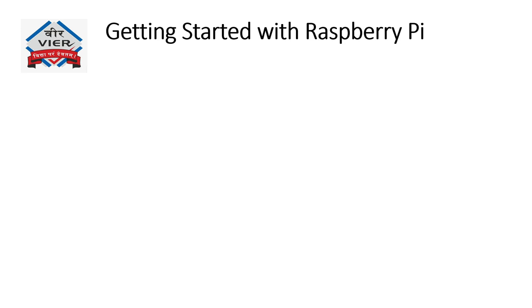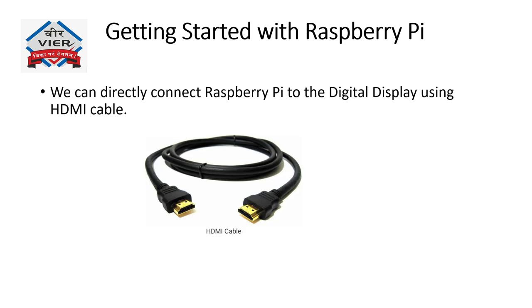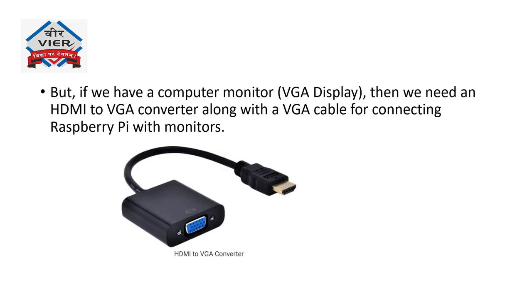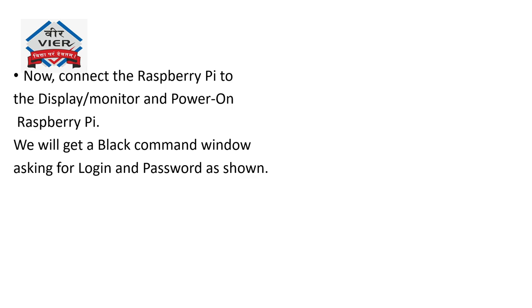Initially, to use the Raspberry Pi, we need a computer monitor or digital display. We can directly connect the Raspberry Pi to the digital display using an HDMI cable. But if we have a computer monitor with a VGA display, then we have to use an HDMI to VGA converter. Now connect the Raspberry Pi to the display or monitor and